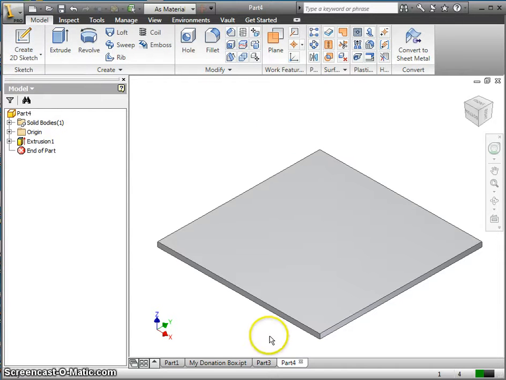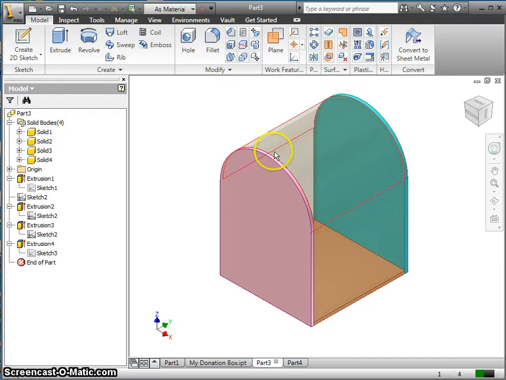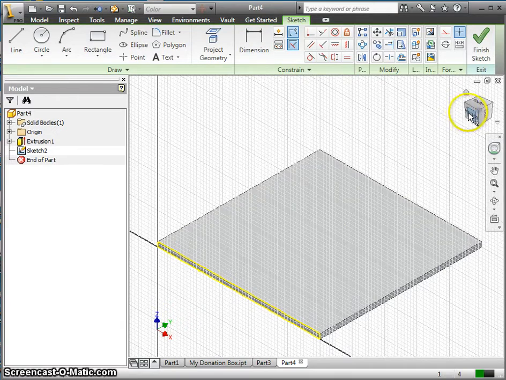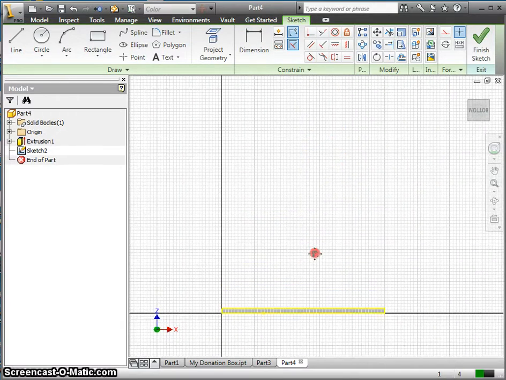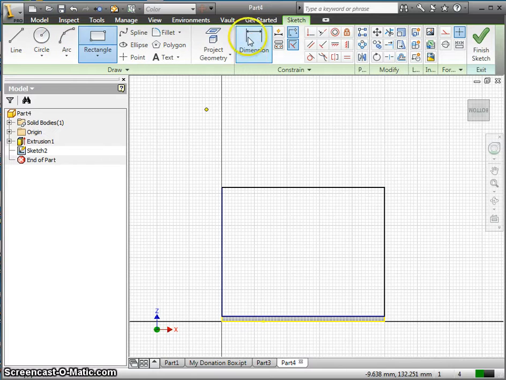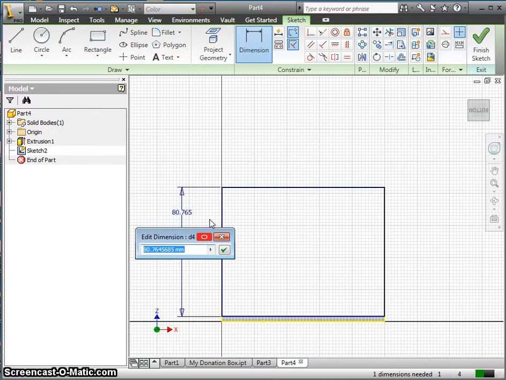Next, I'll have to create the curve part. I have to draw a side profile which is curved. So I select a surface which I can draw, something like this, and I'll rotate to the side. Now I can see this, and I can start drawing. Okay, something like this. Make sure it clicks. You see, it clicks to the side. Okay, and I can specify the height. Maybe I put it as 100,